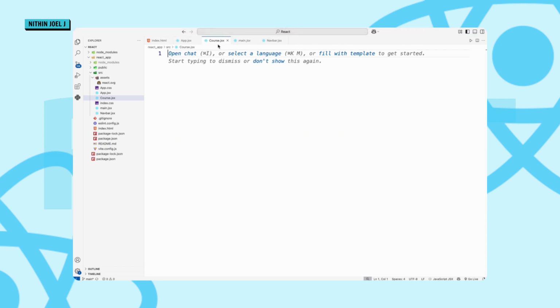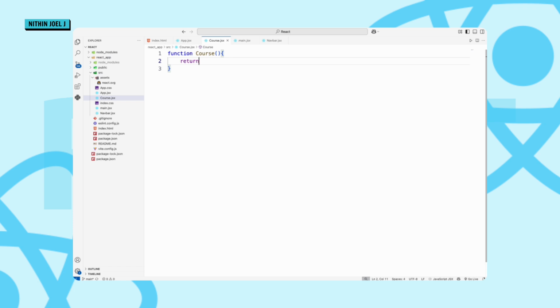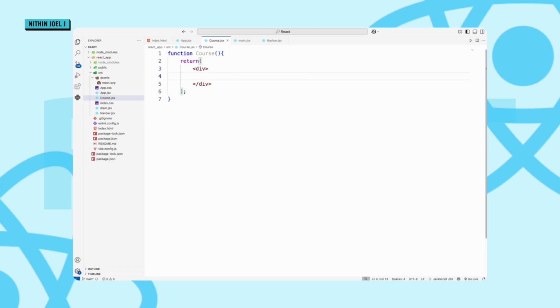So inside this course.jsx, let's again create a function, and course, it's gonna return. So yeah, let's create a div. So inside this div, what can we write? Okay, let's write an h2 tag says that this